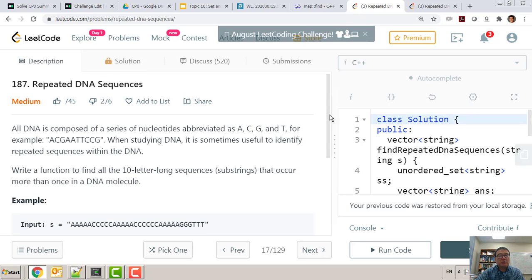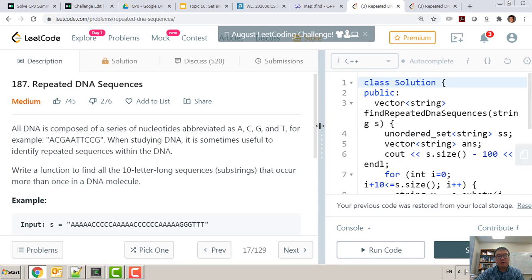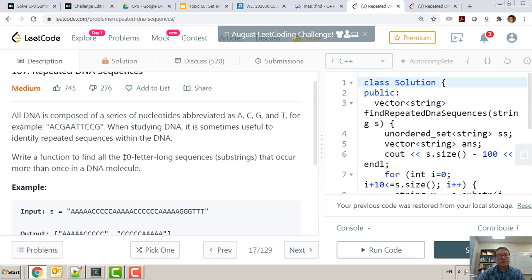So then I realized what could be done to make it faster. We're not using all the conditions they are given. In fact, our solution is generic. The solution works for all possible strings. But this problem is for DNA strings, so there are only 4 different characters. We're not exploiting that information. And also, it's only 10 letters long. So exploiting these specific properties of this problem, we can write a faster solution by essentially encoding the